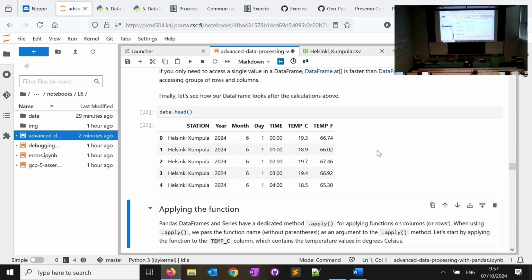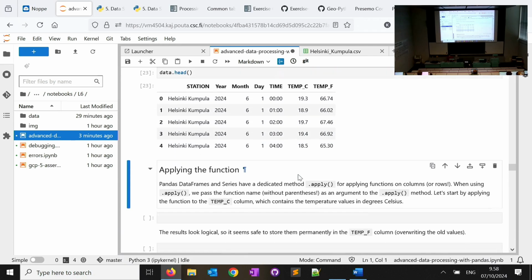So this was one way of calculating something. It was the simple way, and it gives you an understanding of how things work. You're iterating through your data frame, row by row, doing a certain kind of calculation. In this case, this was the temperature conversion. But pandas has an even easier and even more efficient way of doing this. For 2000 rows of data, it doesn't make so much difference, but if you have data with, I don't know, a million rows, this will make a difference. It's more efficient, and that's apply.